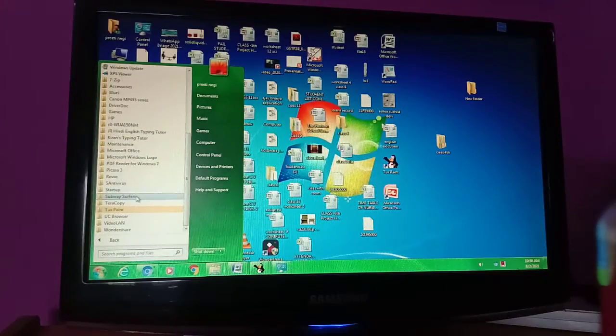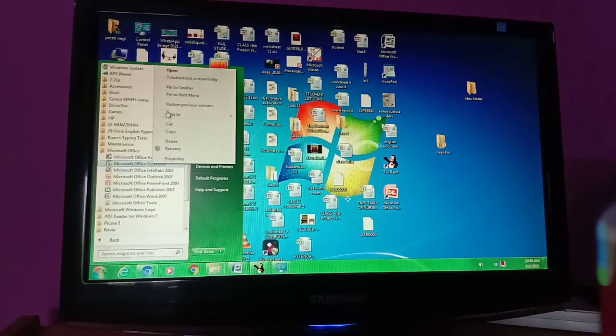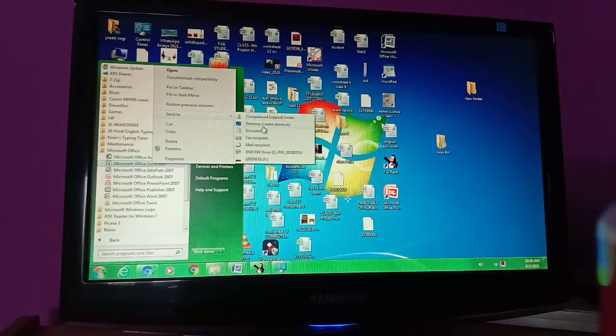For example, I need to create a shortcut of Microsoft Office Excel. So I will go to Excel, right click over it, click on the Send to option, and then go to Desktop (create shortcut). A shortcut will be created.